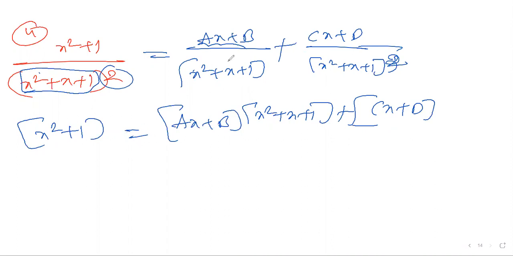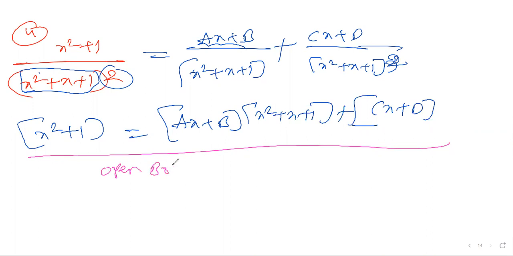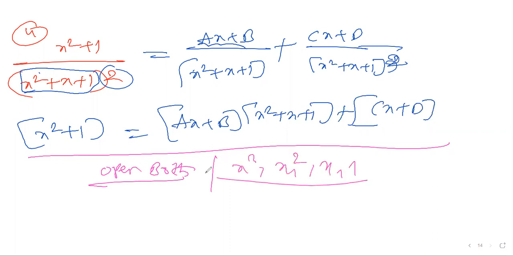Here we don't have any option to substitute x equal to 0 or x equal to 1. There is no alternate option here. Even if you substitute x equal to 0, it is not possible; b + d will come. So there is no alternate option. Definitely we have to open both sides and compare. The highest order will come: x cube, x square, x and 1, the constant coefficients. Like this, you can work it out and you will get the answer.